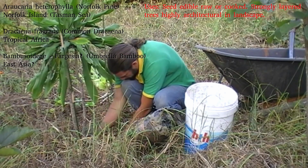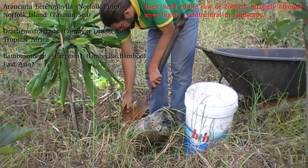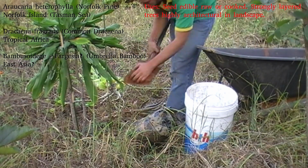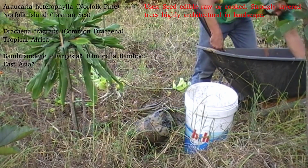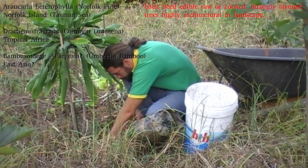It's only about 36 square kilometers, I think, and only about 10% of that still has native forest on it, and that native forest is dominated by this tree. More misleading than the Norfolk in its name is the pine in its name, because whereas pines originated, I think, in Central America and have spread throughout the Northern Hemisphere and into parts of the tropics by now, I believe, this is from a group that originated very much in the Southern Hemisphere in the Antarctic, and they have spread